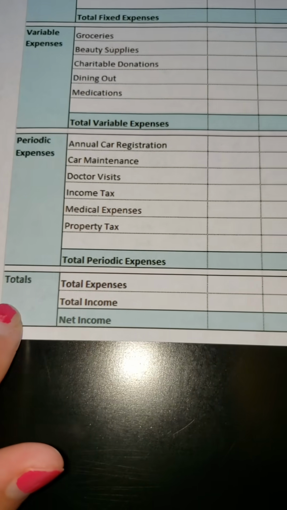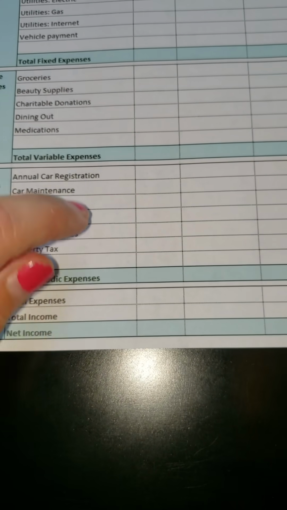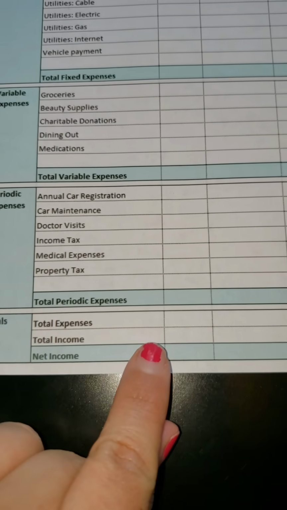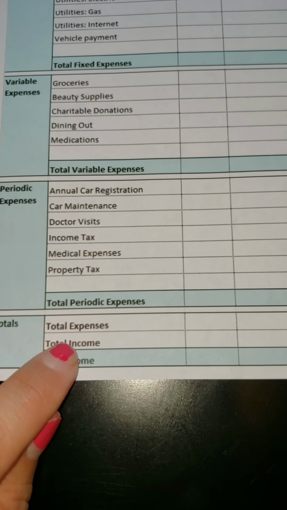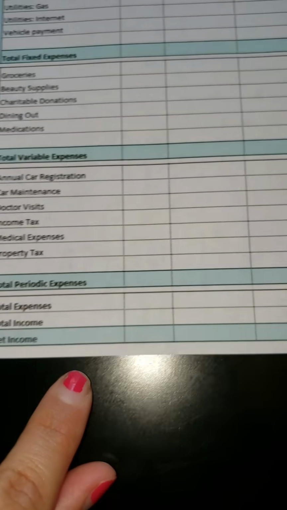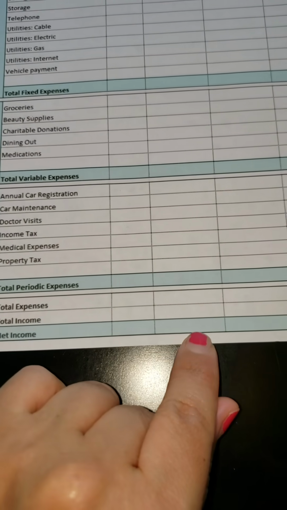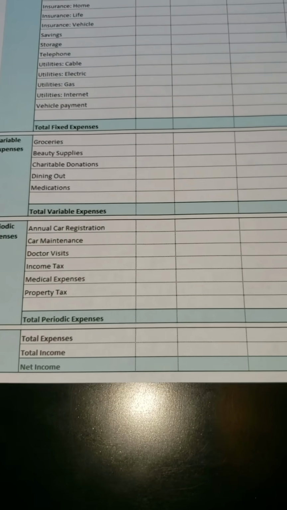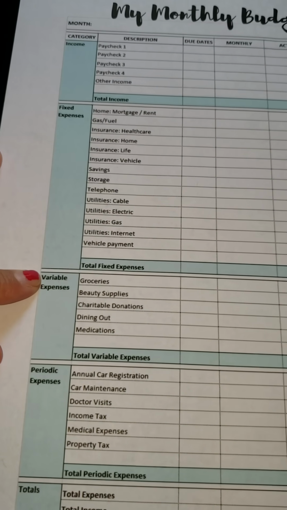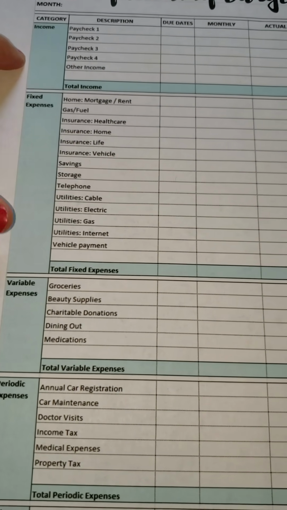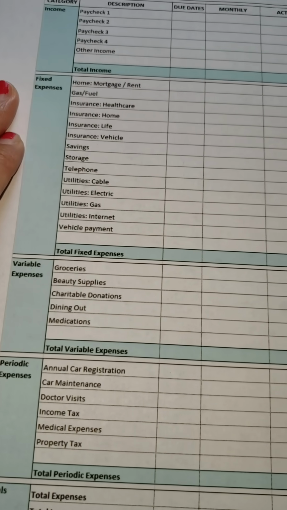At the end here, you would total all of these categories and put that in this here. And then you would put the total income there. And then you can come and see what your net income is. Sometimes people might identify that they are spending more than they are earning when they start working on their budget